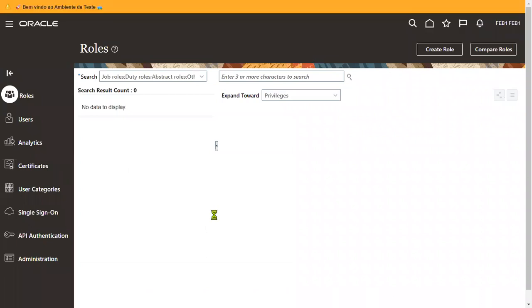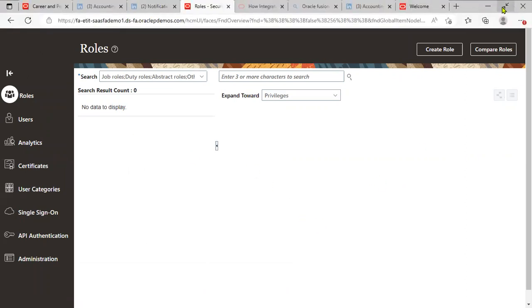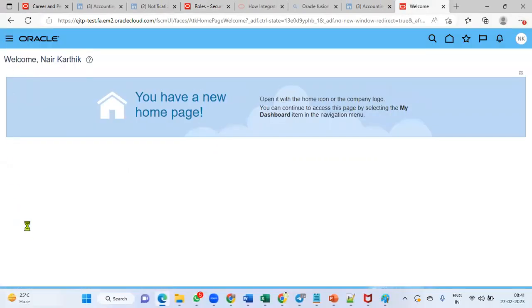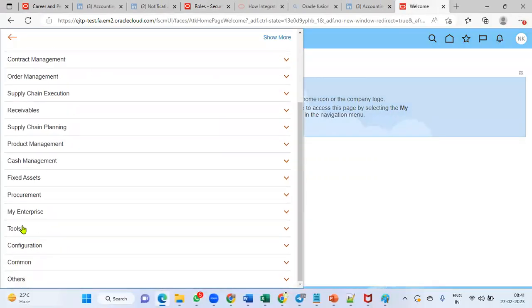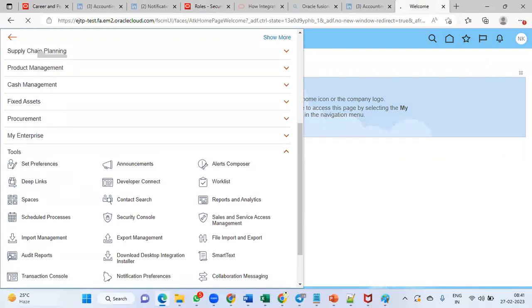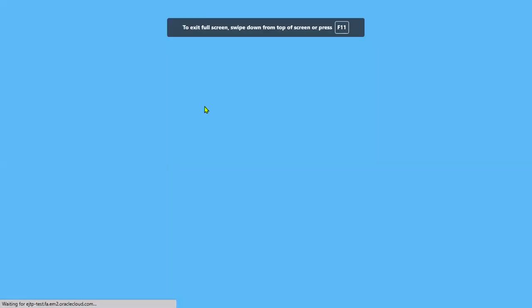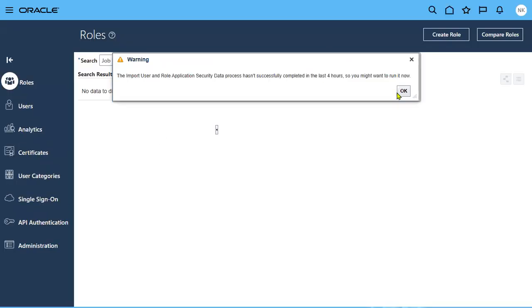Yes, we have. Fine. So we have two tabs right here, the roles tab as well as the users tab. Let me take this instance. Go to the Tools menu, go to Navigator, Tools menu, Security Console. Once we go to Security Console, we will find on the left side